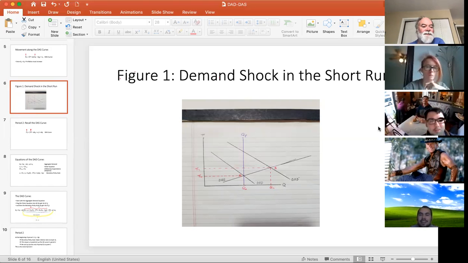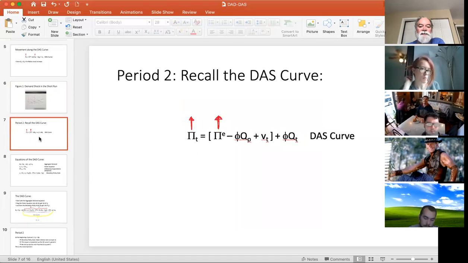All right. Period 2. What happens in period 2? Well, let's think about it, okay? At the beginning of period 2, people realize that inflation is higher than it was initially. So inflation has increased. When people realize that, they raise their inflationary expectations. And when they raise their inflationary expectations,